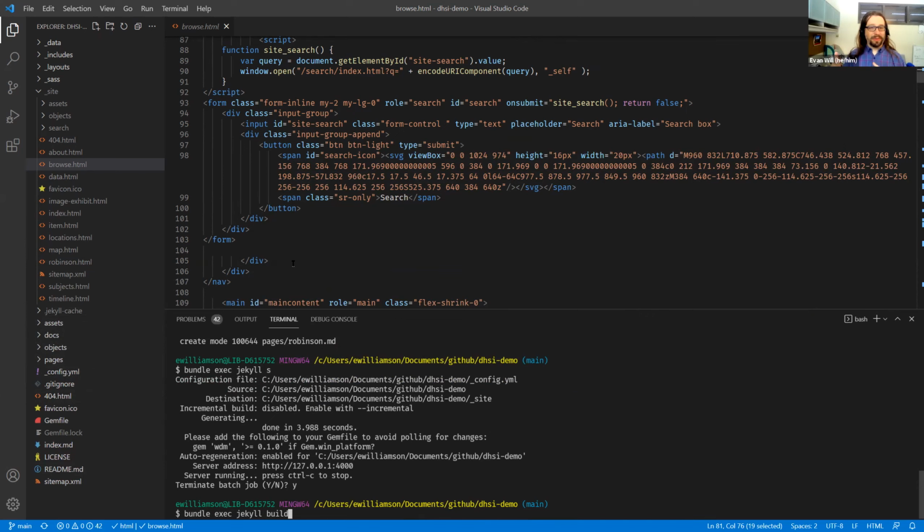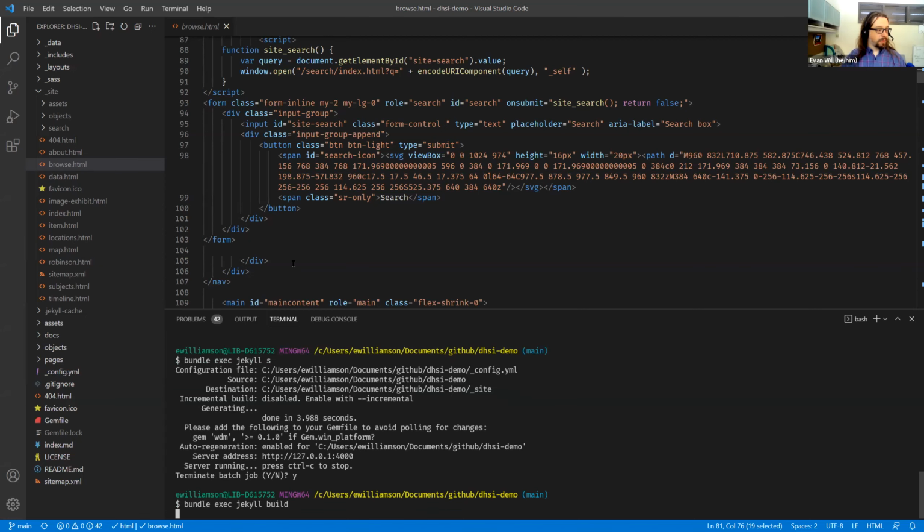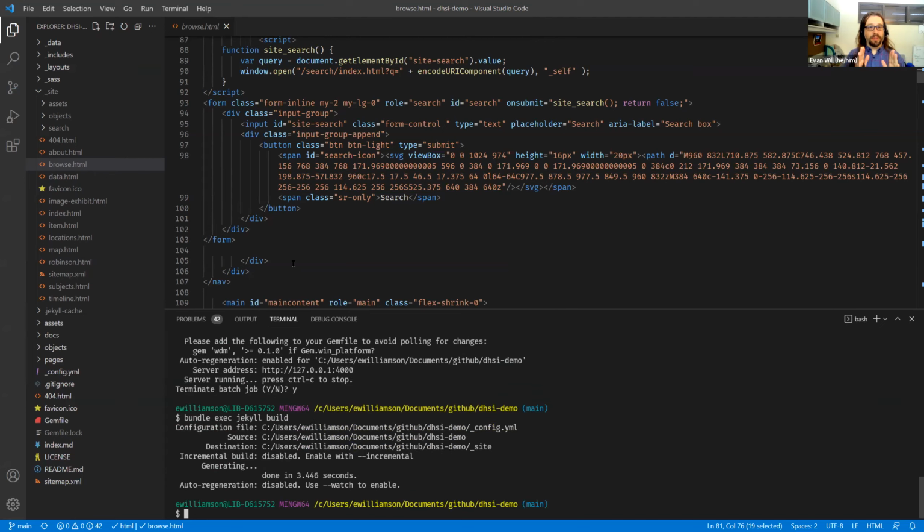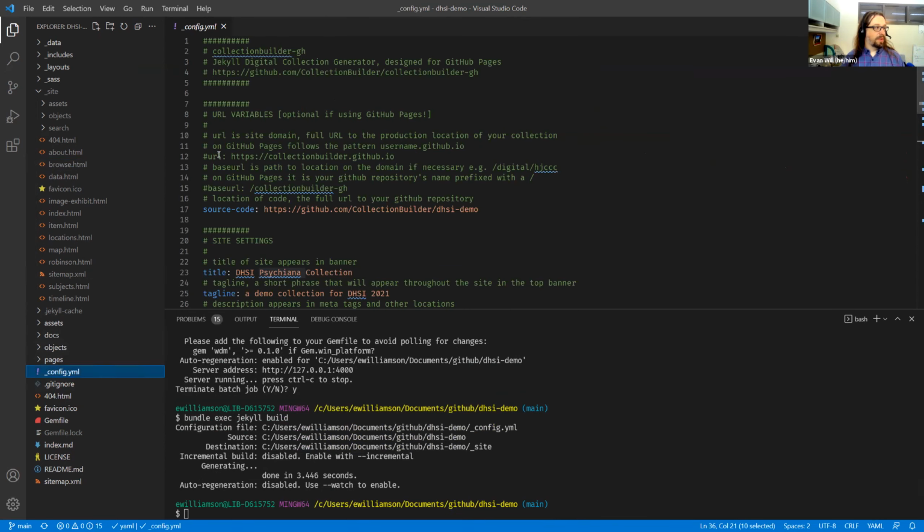But there's one other little complication with that. So if I do my Jekyll exec bundle exec Jekyll build, what's going to happen is, rather than using those dev URLs, those localhost, it's going to actually go and look inside your config.yaml and try to find the real location for this site. In this case, this is a GitHub Pages site, and I don't have the real locations